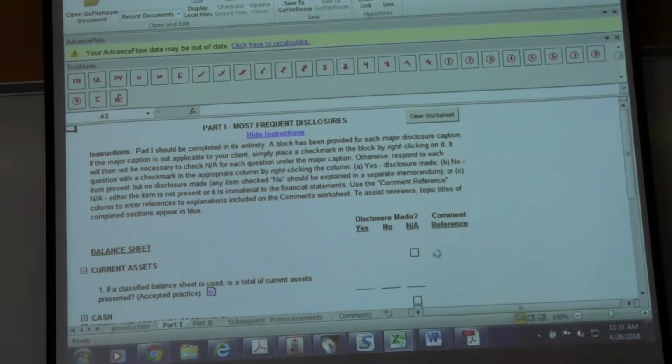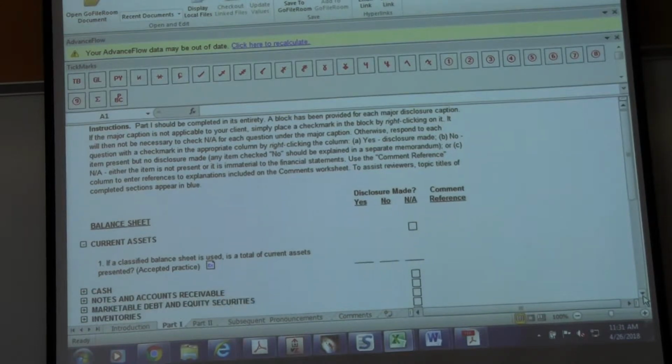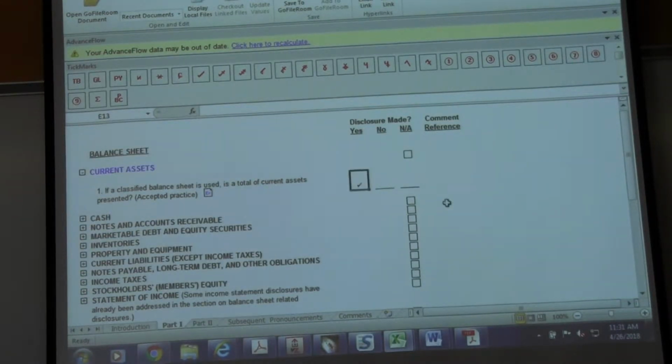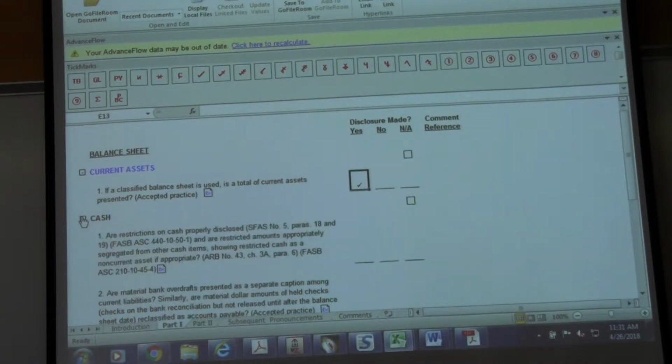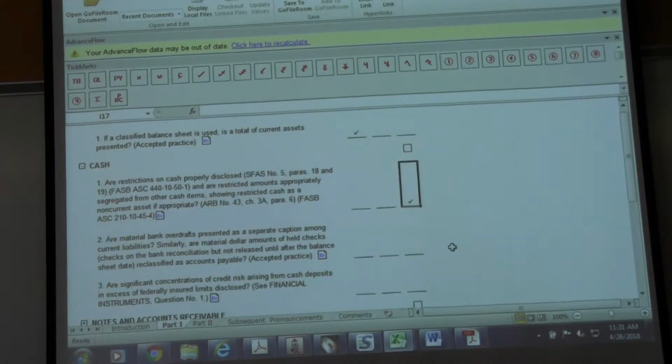And again, when it used to be on paper, remember how thick it was? The worst part of the audit was the checklist at the end. This program right here, you almost have to do it last, because you have to do all your auditing and know all your numbers and everything first. Then you go through here, and if you complete this properly,